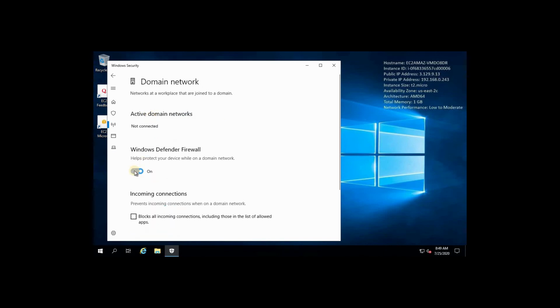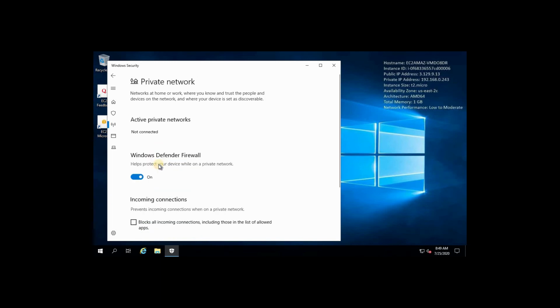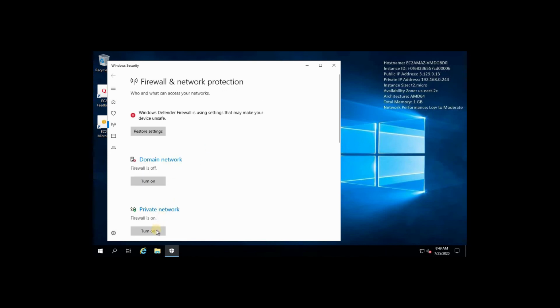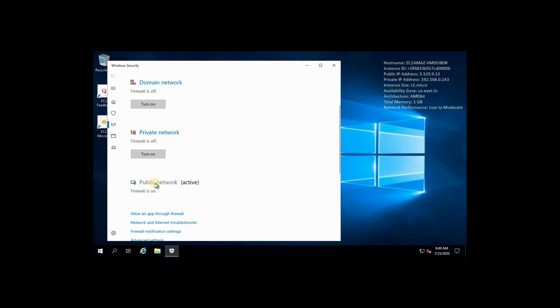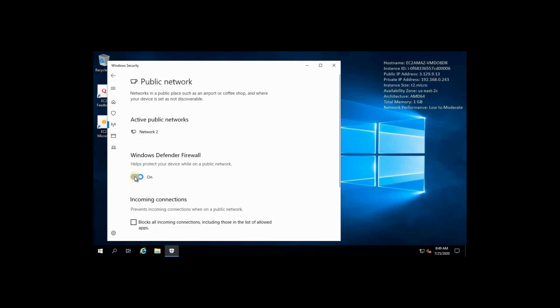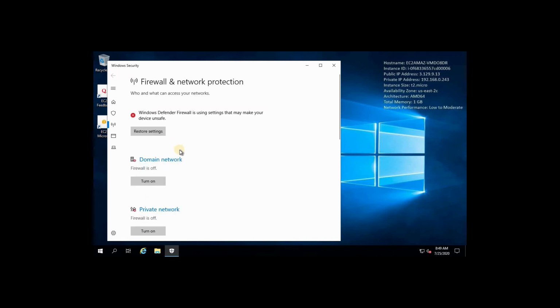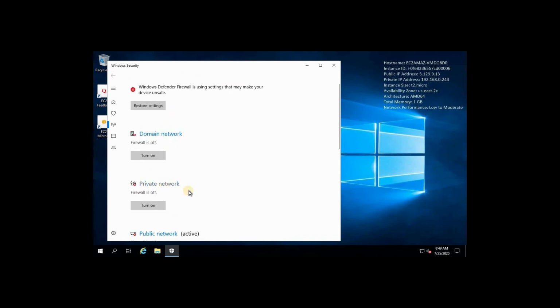Click on domain, make it off. Private network, Windows Defender firewall off. Okay, so the third one is public network. Select it off. So we have selected domain network, private network and public network off. Close this one.